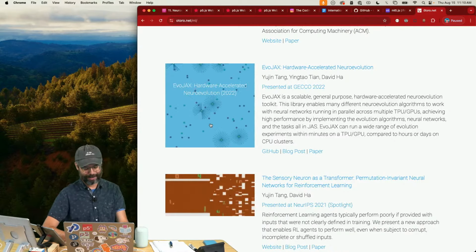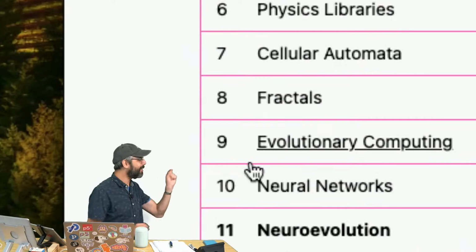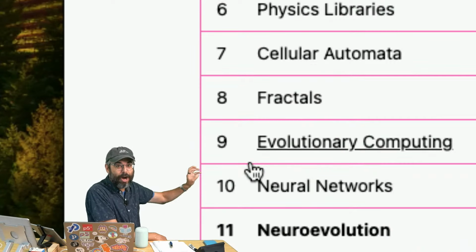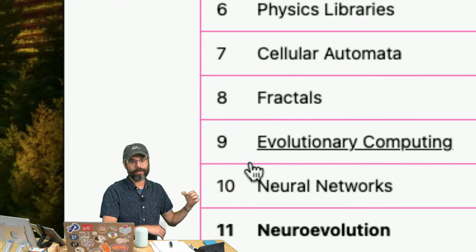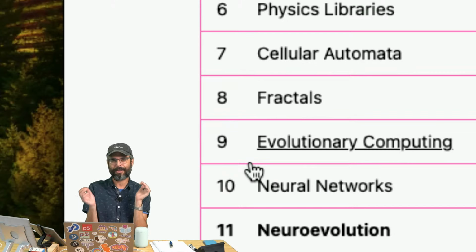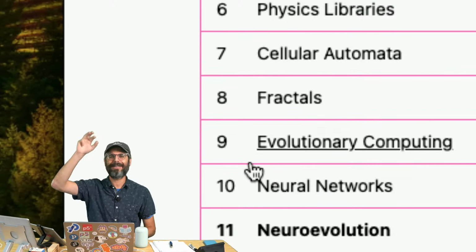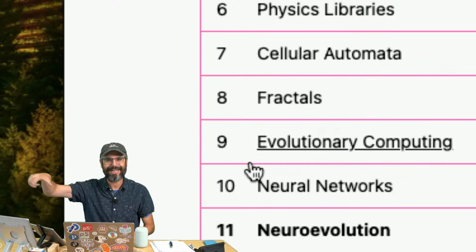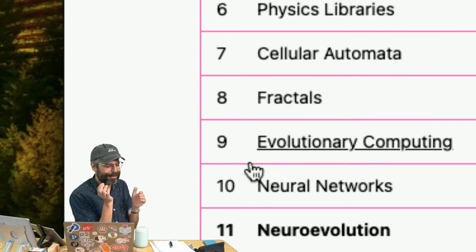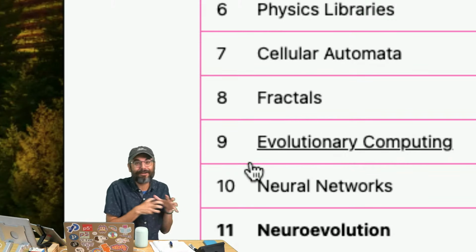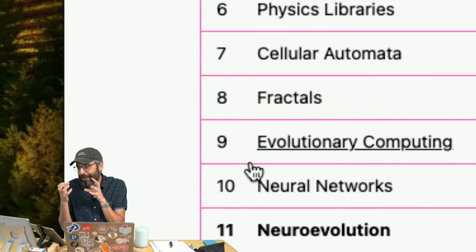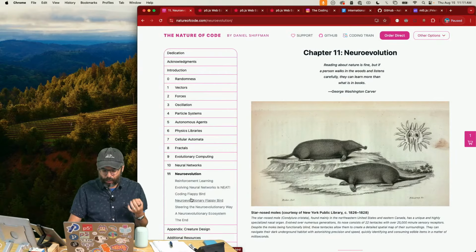But the idea is, what if you take the concepts from chapter 9, genetic algorithms, evolutionary computing, and apply them to neural networks? This is often referred to as a NEAT algorithm, NeuroEvolution of Augmenting Topologies, and evolve the weights of a neural network. This is a somewhat non-traditional, less popular, little bit of a niche technique for training or learning with neural networks. But the reason why I love it is because it works really well,